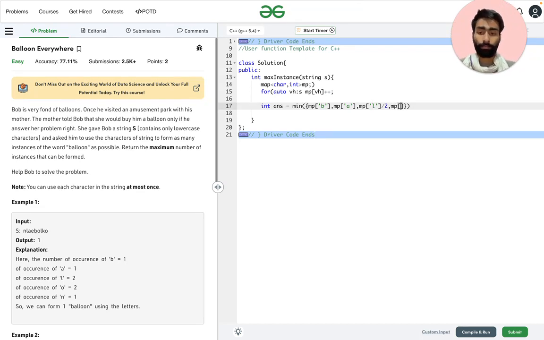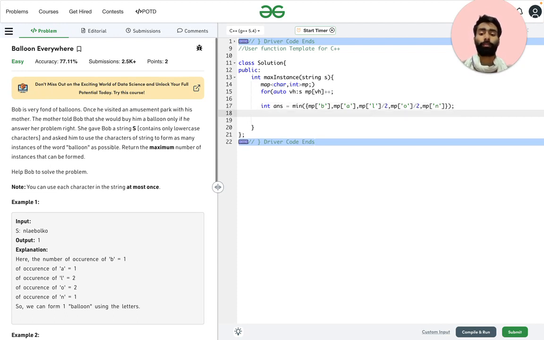Likewise, if there exist 4, then it will be counted as 2, that is, two words can be formed from there. So in this way we did it, and we need to return this answer.